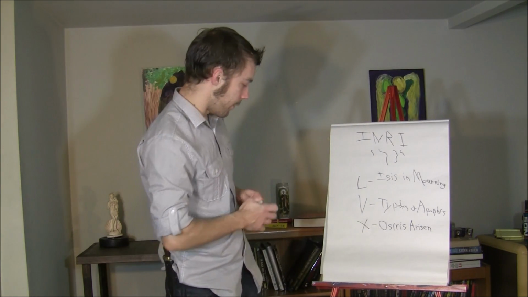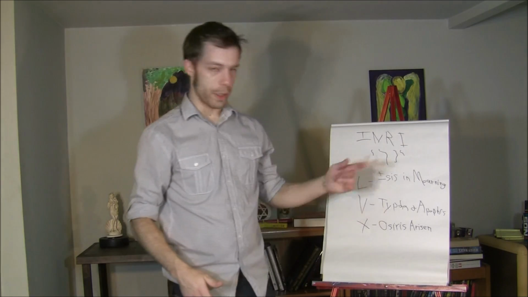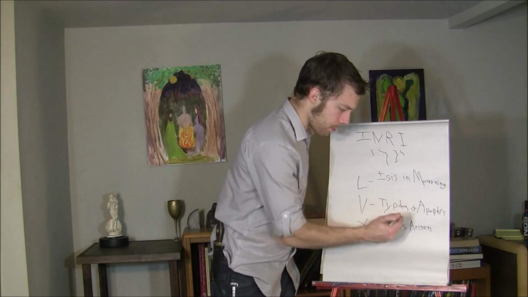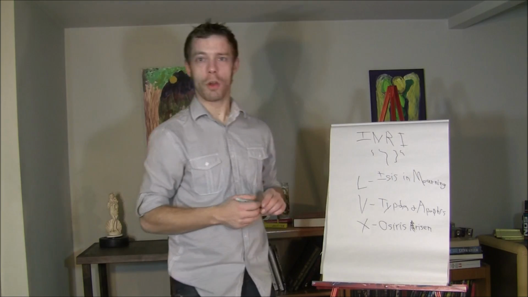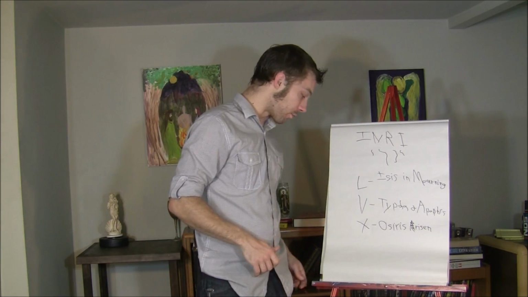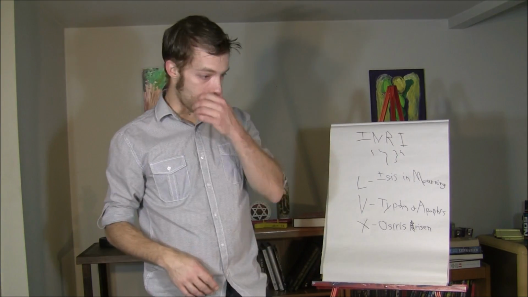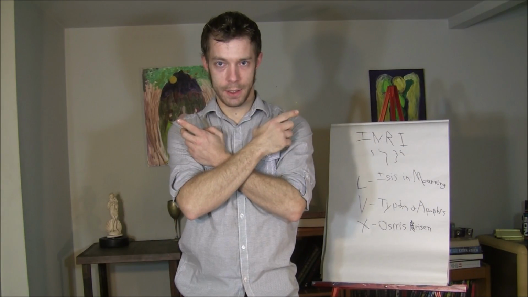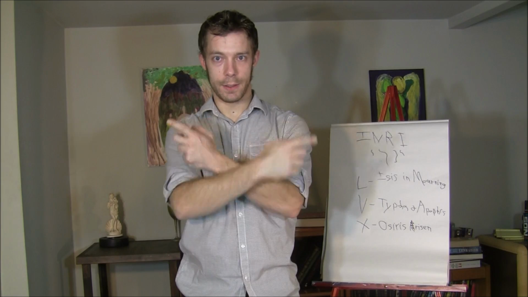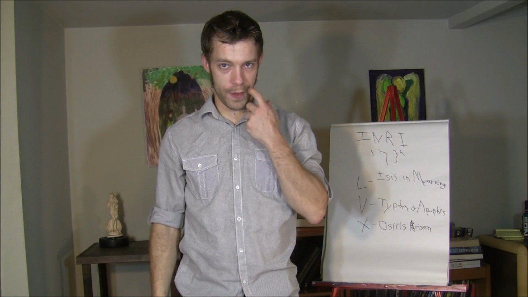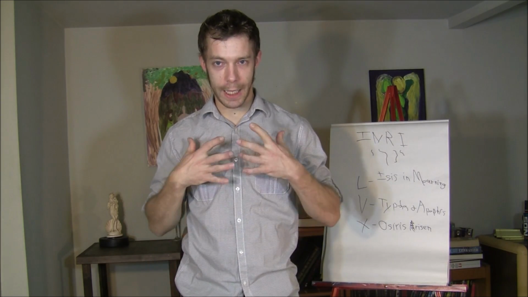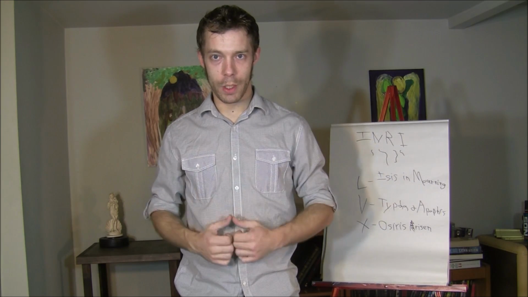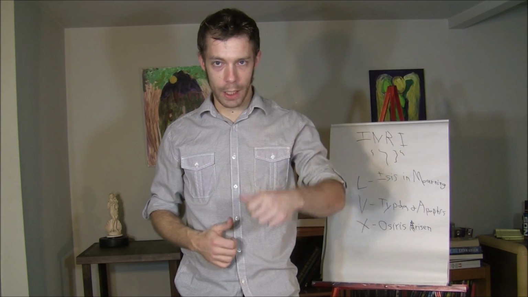Alright, so X, the sign of Osiris risen, or arisen, probably and classically wouldn't have the A, it would just be Osiris risen. So this is the resurrected self. This is the self that has been slain, has been mourned, has been judged and destroyed, and now purified, is resurrected. This is the adept self. This is the purified higher self living through this little human body.